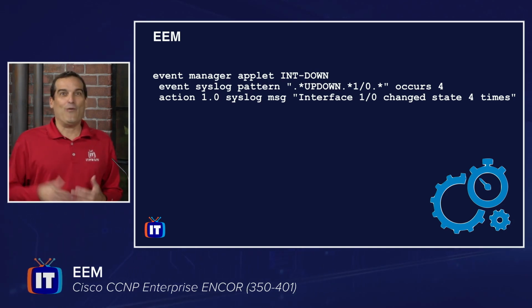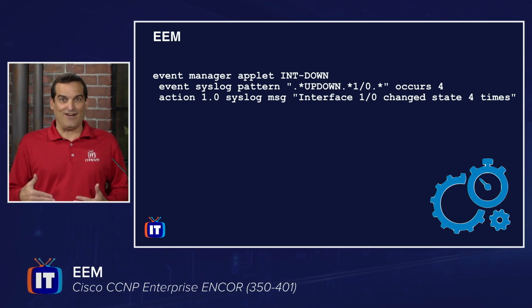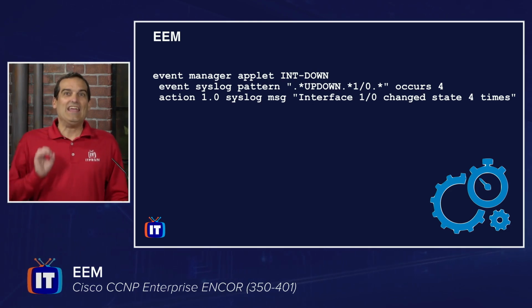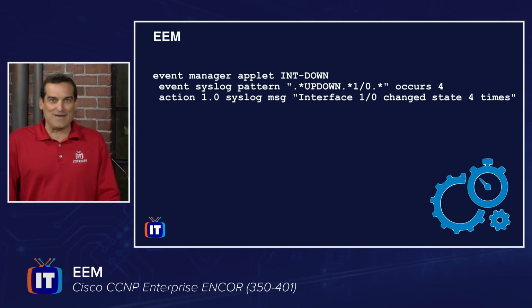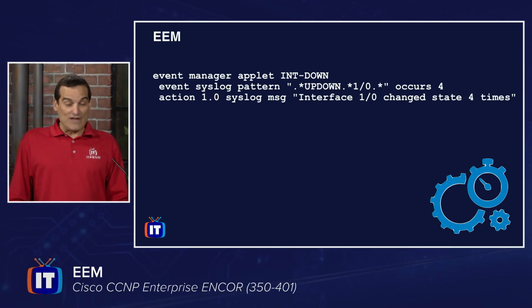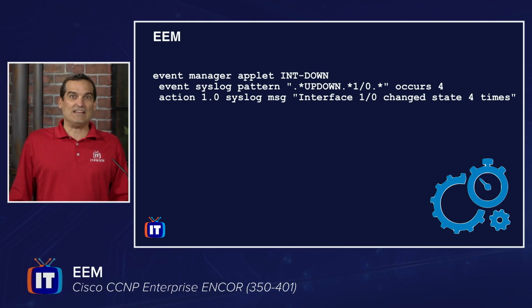So what am I doing? Well, it's going to be taking a look at syslog. It's going to be looking at those messages. If there is up-down messaging for the 1/0 interface 4 times, what action does our applet take? Well, it's going to go ahead and create a syslog message that says interface 1/0 change state 4 times. So we would see a console message, how cool is that, that says, hey, the interface changed state or flapped